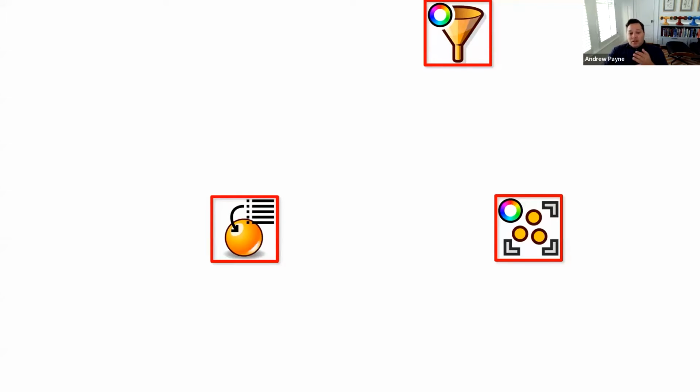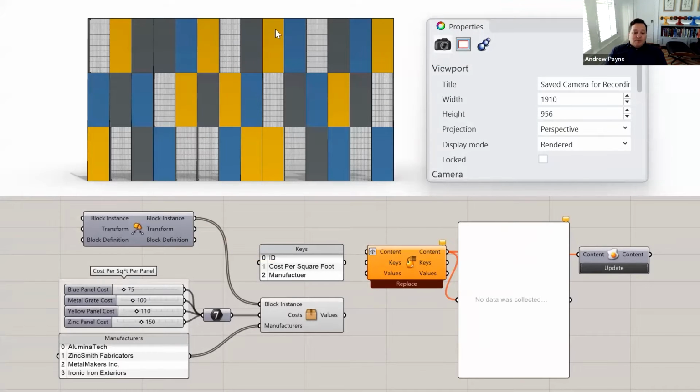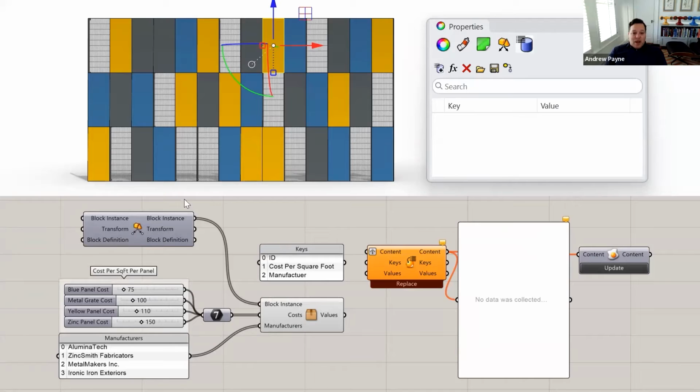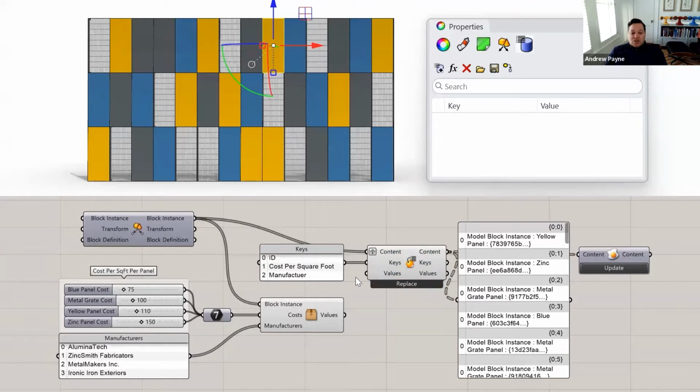And so we've not only created the ability to create that user text on objects, and it doesn't even have to be geometric objects. It could be layers or materials or anything like that. But we also now have some components that let you filter or group. So for example, let's just say we wanted to assign some user text to these panels. I simply create the user text component,